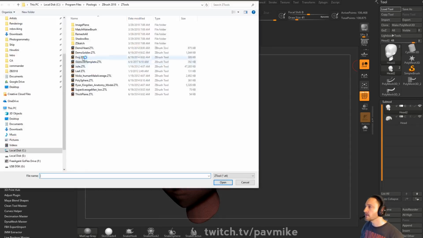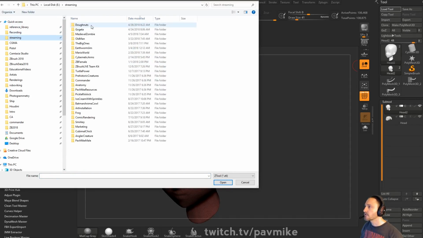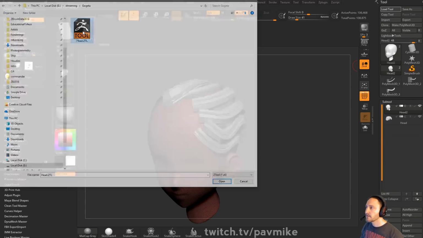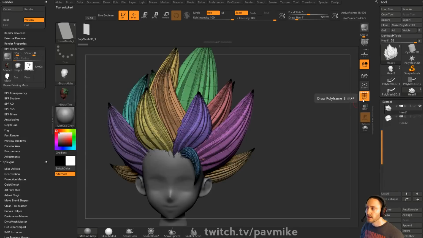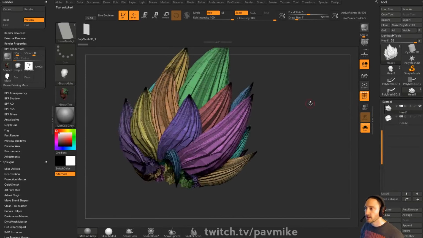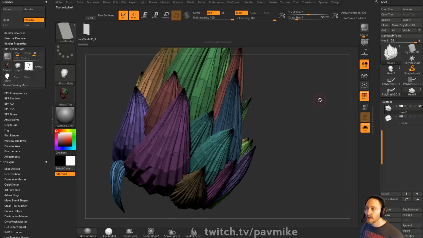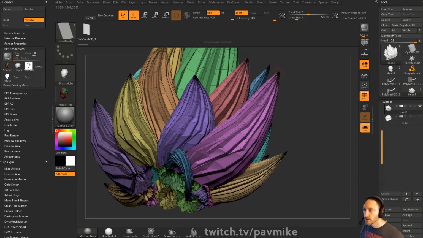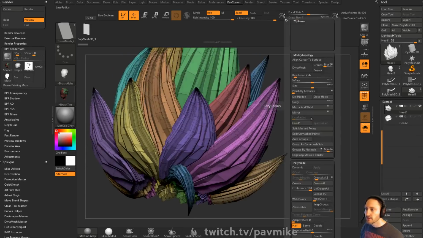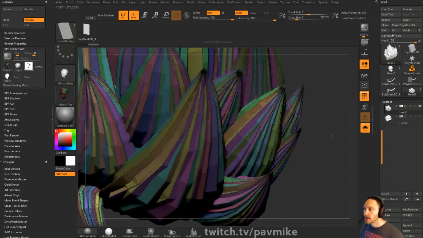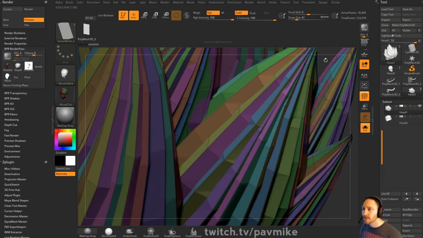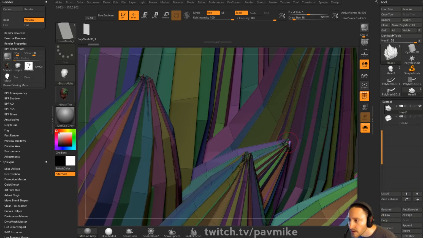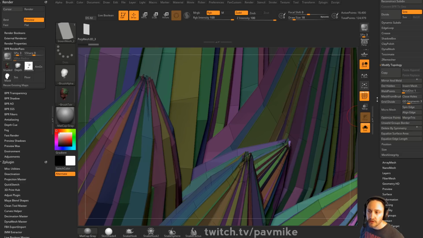Or I can start working on, oh, you know what? Did I save that? Let's see if I can take this one and we can go into solo mode, Shift D. On this one, when we did the hair cards, we just did root to tip, and it went along here. So now if we do group by normals, don't crash, these tips get really small, and I think we actually went through. I wish there was a delete geometry modified topology. I want to delete by,